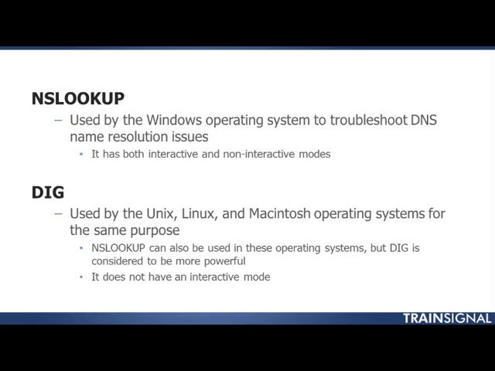And that's something that you would do if you were scripting your NSLOOKUP command. You would just want to put the entire command with the switches so you can just get your result. Whereas the interactive is more if you were sitting at the computer and you wanted to work your way through